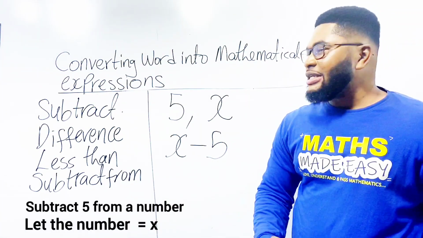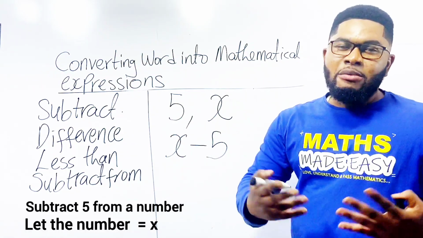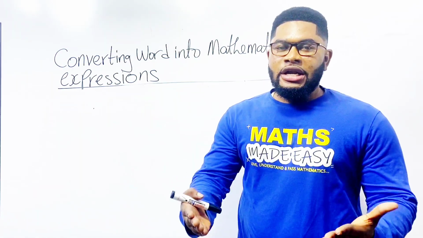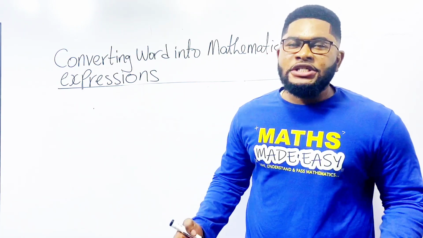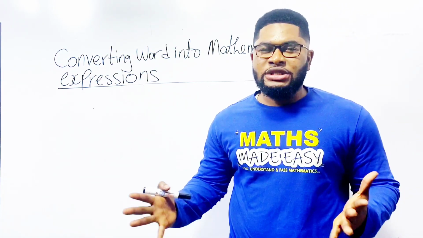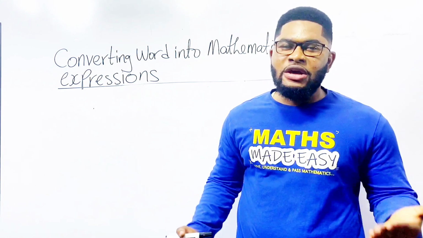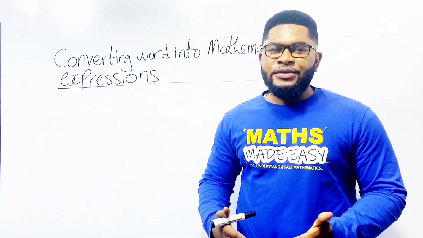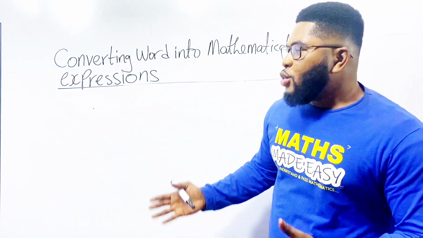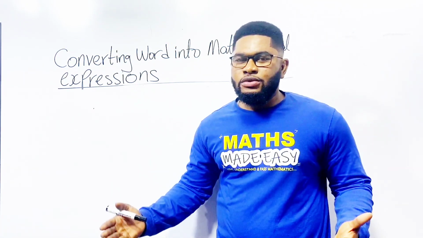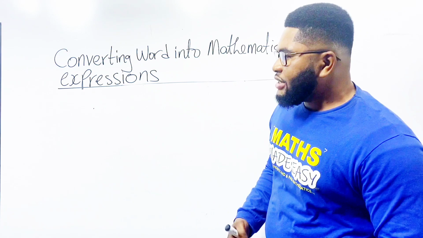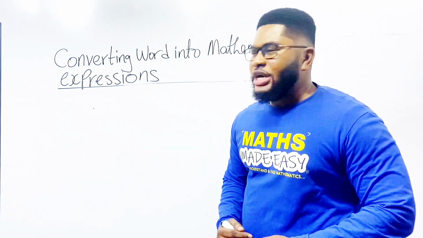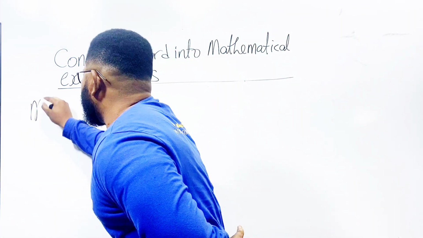Let us now take examples on other operational signs like multiplication. Now let us take a look at the multiplication sign. With the multiplication sign, so far as mathematics is concerned, we can have so many words that can still mean the same as multiplication. But we will limit the words to some few. In subsequent videos, we will explain more, and then you understand. Now, we want to talk about the words. The first word will be obviously